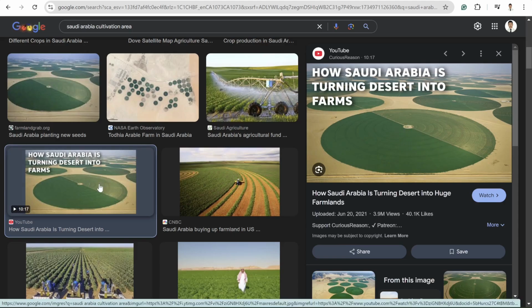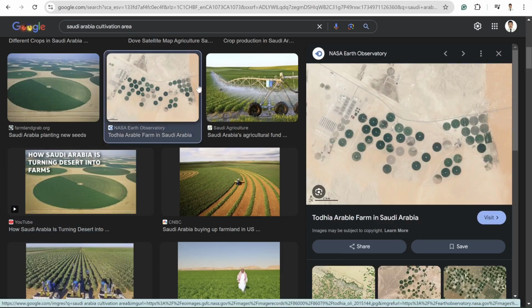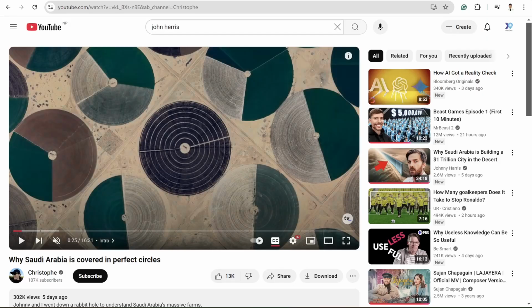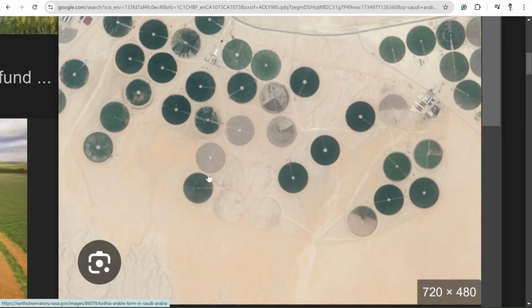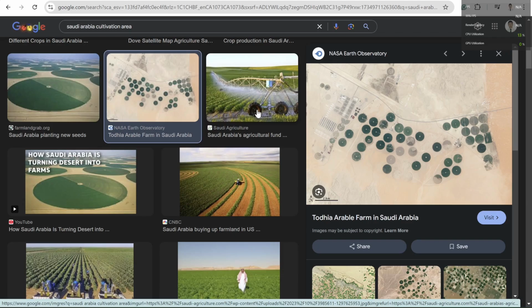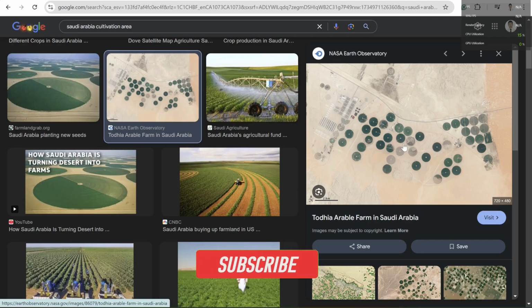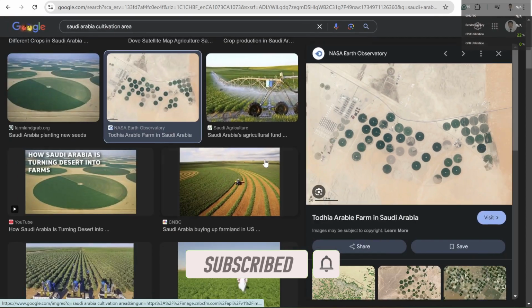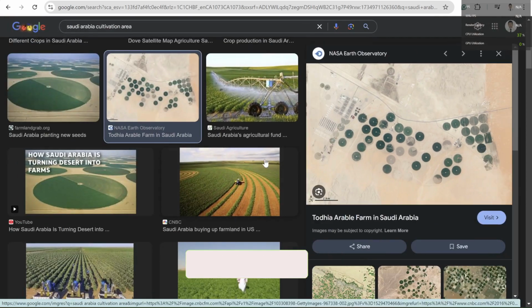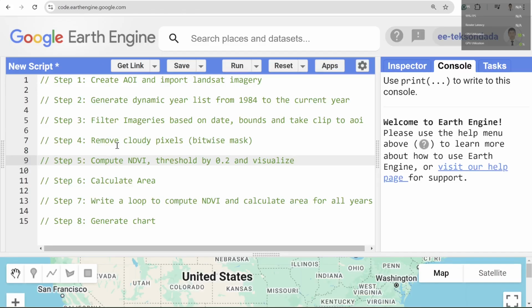Now, I'm curious to know what is the temporal pattern of these agricultural land. According to this video, they said that some of the agricultural land gets desertified again after a few cultivations. I want to see what is the areal extent of these agricultural land in Saudi Arabia. Are they growing or are they decreasing over time? In order to do that, I'm going to use Google Earth Engine, and I'm going to follow